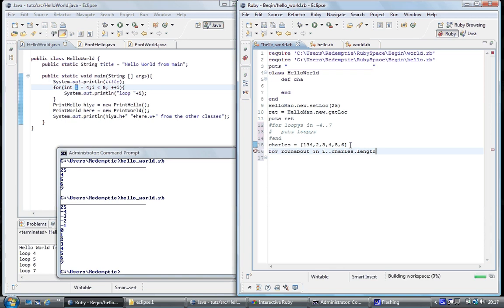So we're going to do puts test Charles, the name of the array, brackets, and inside here we're going to have roundabout, which is going to start off at number 1, and it's going to go to number 6 because that's what Charles' length is. So if we put a minus 1 in here, that means 1 is going to equal 0, 2 is going to equal 1, and away at the other end 6 is going to equal 5, and we're going to be able to access this array in the right order. And so end, save,